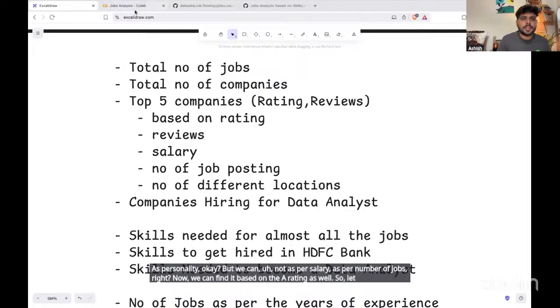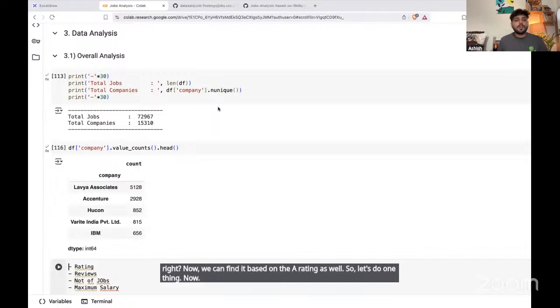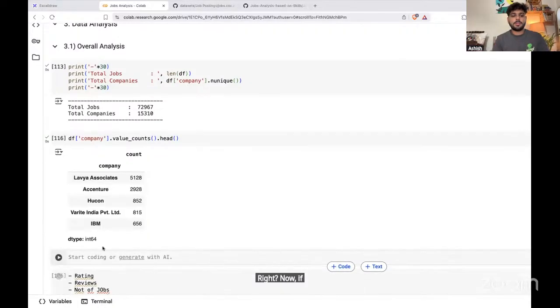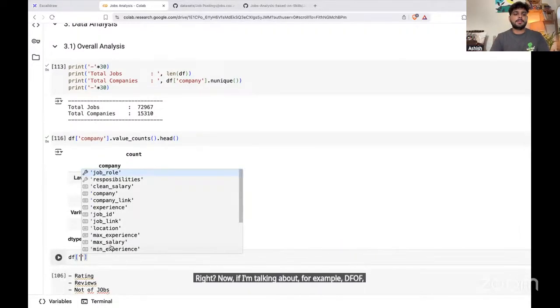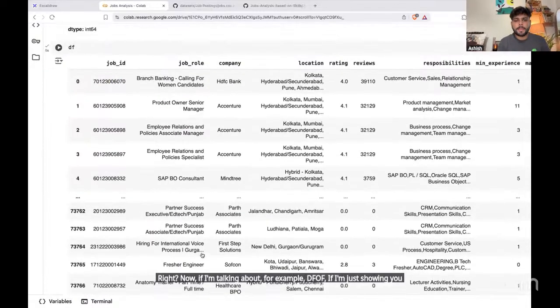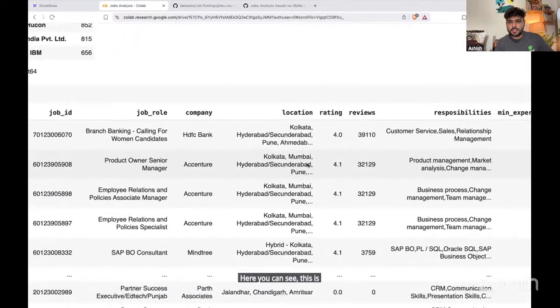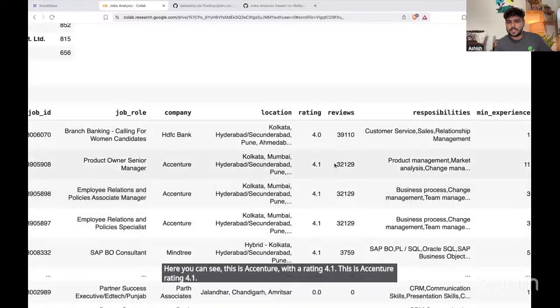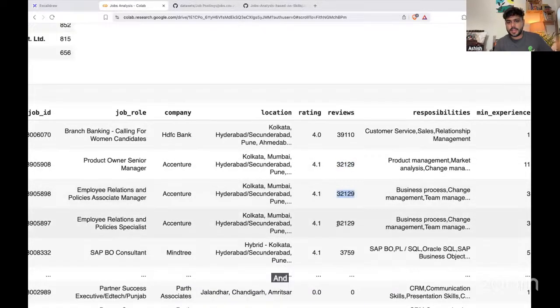So let's do one thing. Now I'm going to find the top 5 companies based on their rating. Right now, if I'm just showing you the data frame, here you can see this is Accenture with the rating 4.1. This is Accenture rating 4.1, Accenture 4.1, and these are the reviews that I have. Right, so what I can do,